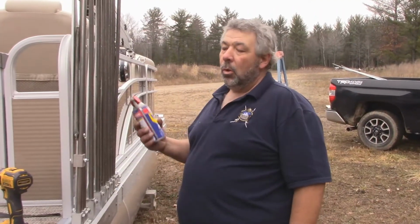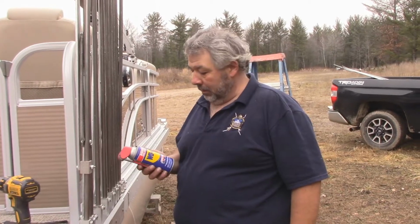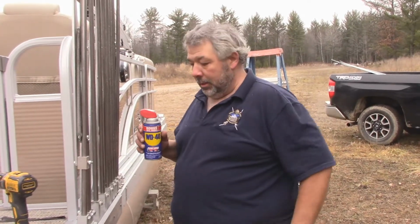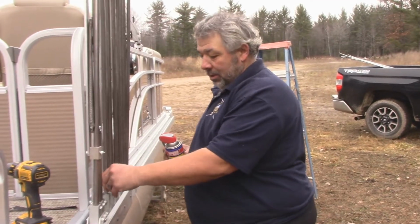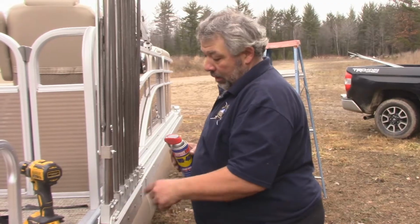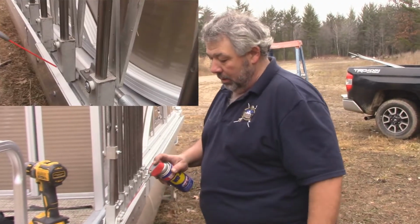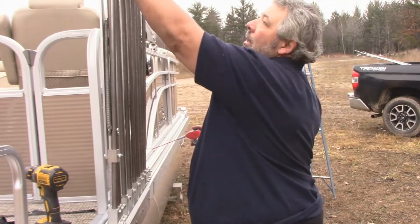Okay, now after we get both side panels on, what I like to do is spray the moving parts with a little bit of WD-40. Now this will also be contained in the maintenance portion of your video. Each one of these sections has two wheels at the bottom. Okay, so we'll just come in here and we'll squirt either side, just one little squirt, and also these sliding